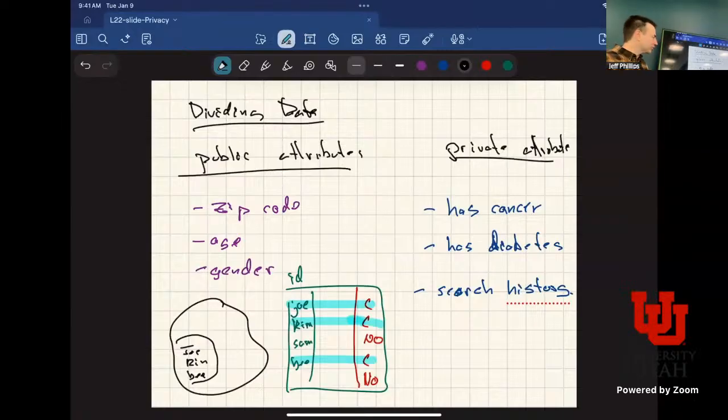I don't know which record is his, but all 3 of these people had cancer, right? So I narrowed it down so there are only K people. I don't know exactly whose is whose, but they all have cancer. So I've still released information that anyone who fits this characteristic has cancer, if I've released the data